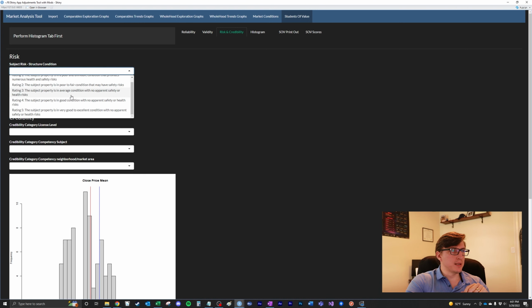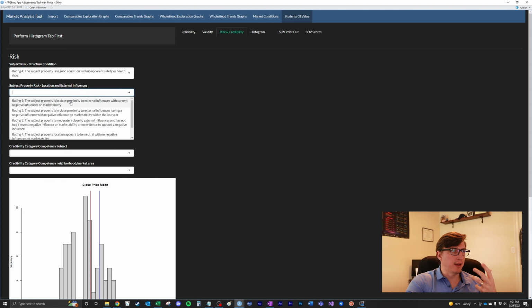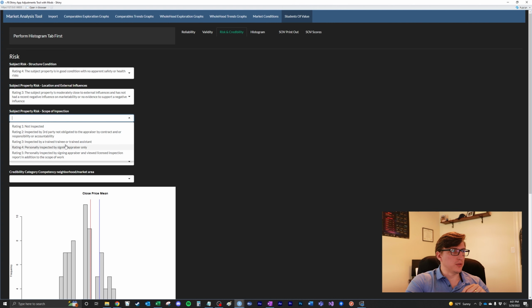Risk and reliability, same thing. We're talking about the subject property and is it in good condition, average condition, poor condition. The ratings change for that. And this is for the inspection type, whether it was not inspected by a third party. So if you're performing